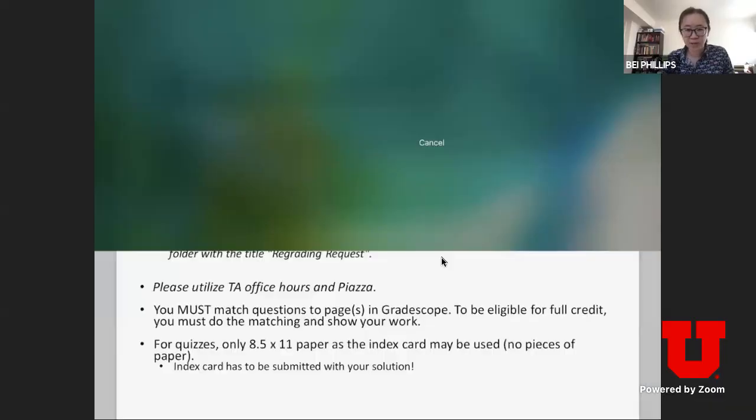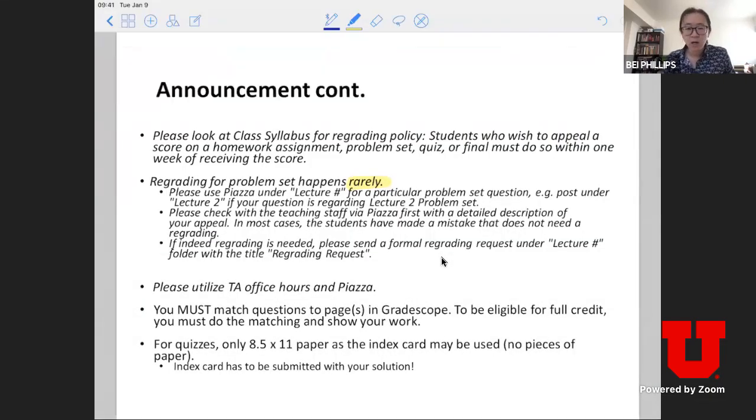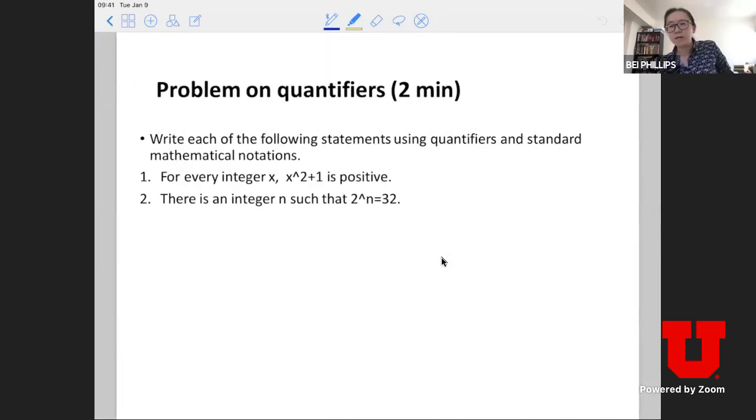I have to warn you that I have a bunch of questions that I put in the slides today, and we may or may not be able to go through every one of them, but we'll do as much as we can. And then for the remaining part, my suggestion is try to solve some of those problems at the end of the slides on your own. And if you have trouble figuring out what the right solution is, please come to the office hour. Okay. All right. So let's start with the first one.